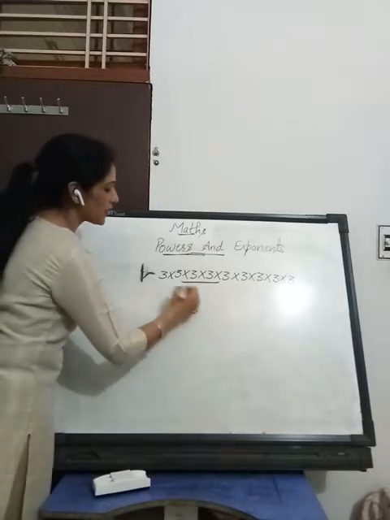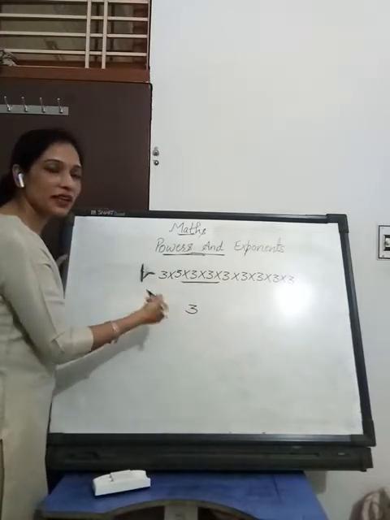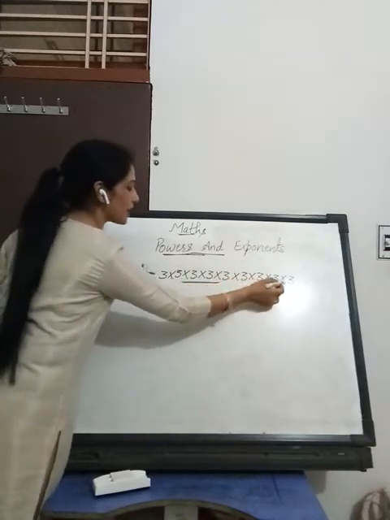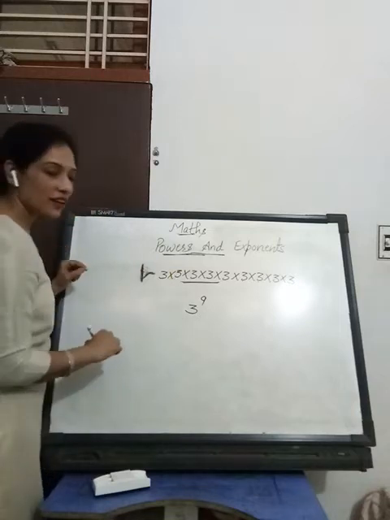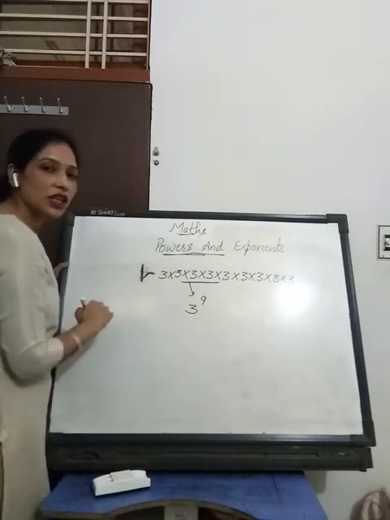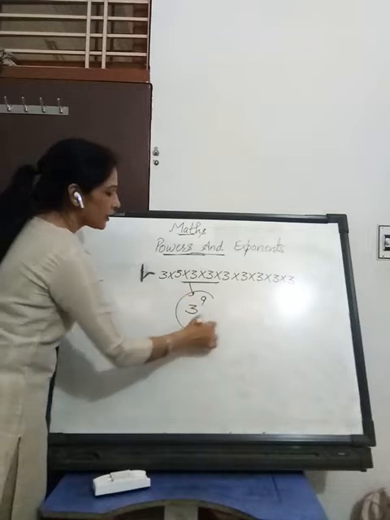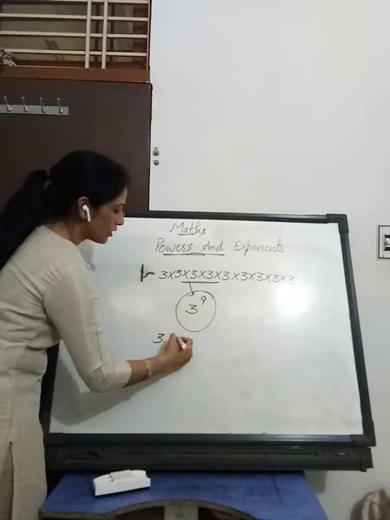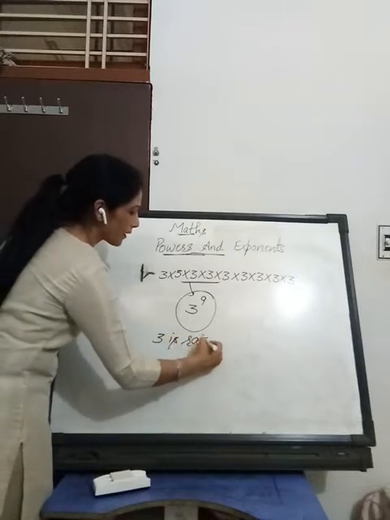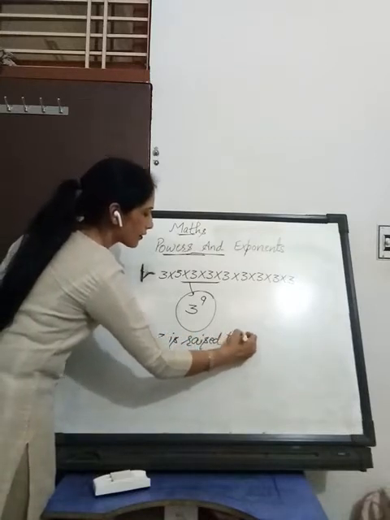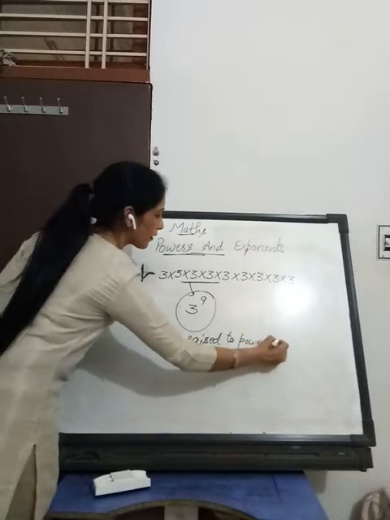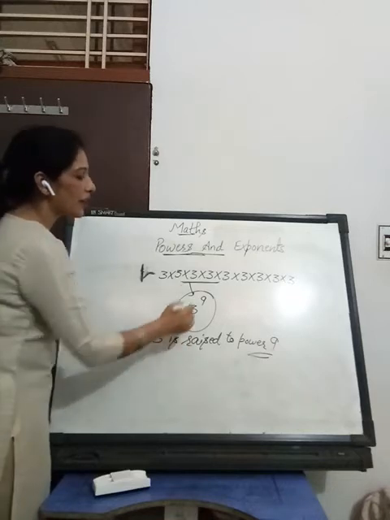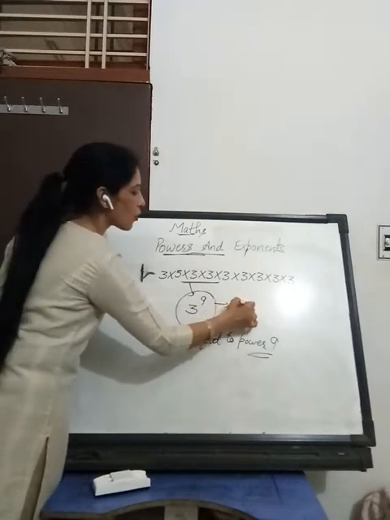So it can be written in the shortest way. First of all, I will write the number that I multiplied so many times, and how many times: 1 2 3 4 5 6 7 8 and 9. Here I will write 9. So it is the shortest way of this expression, and this you can write and read: 3 is raised to power 9. How will you read it? 3 is raised to power 9, and this is the exponential form of